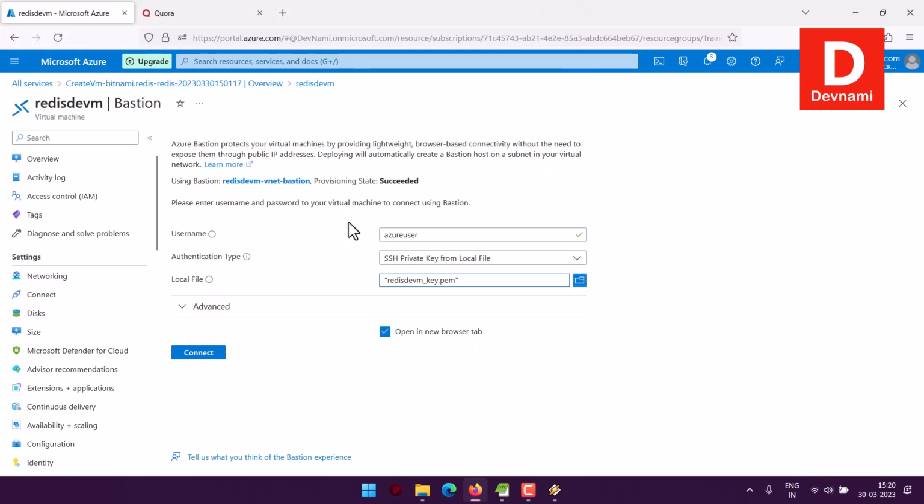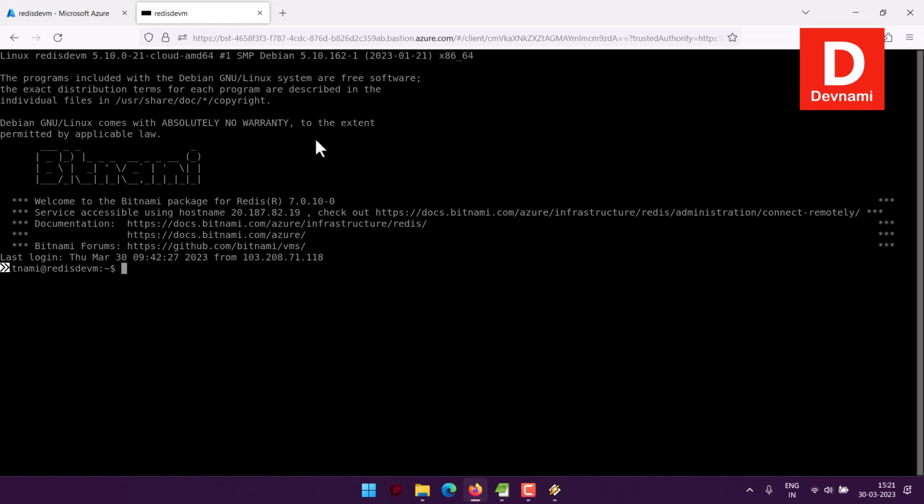As you can see, Bastion is created and I can now connect to it. Now here you can see how the browser is being used as an interface to Bitnami's Redis instance. So do go through that particular Bitnami documentation for setting up Redis. You can easily verify your Redis key,